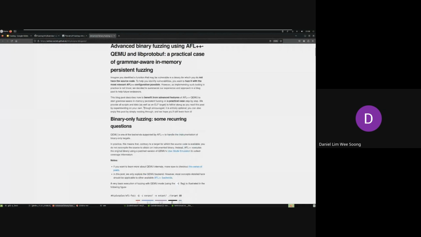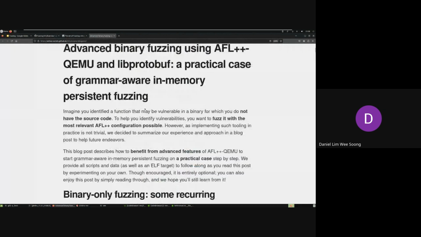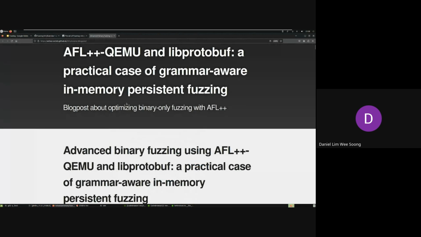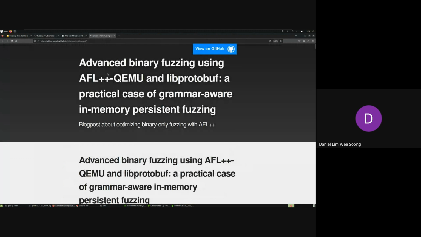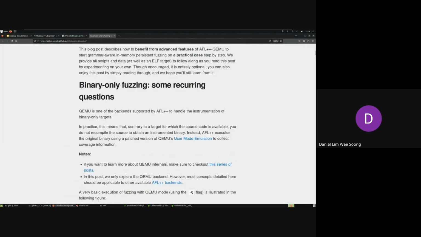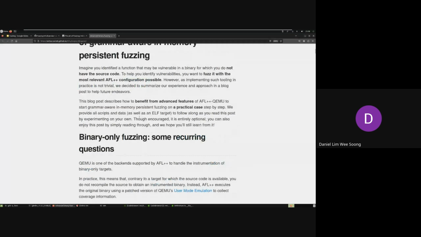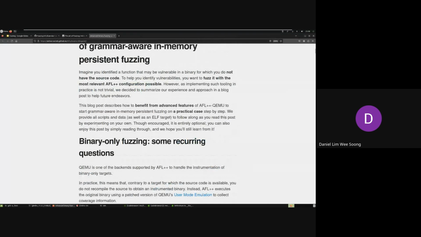Okay, just now we asked, can you only fuzz with source code? So here, let's talk about how to fuzz without source code. It's called binary-only fuzzing. You can think it's actually quite a challenging problem, because how can you add instrumentation without the source code? Because you cannot compile. You have to modify the program, right? So here, there's this